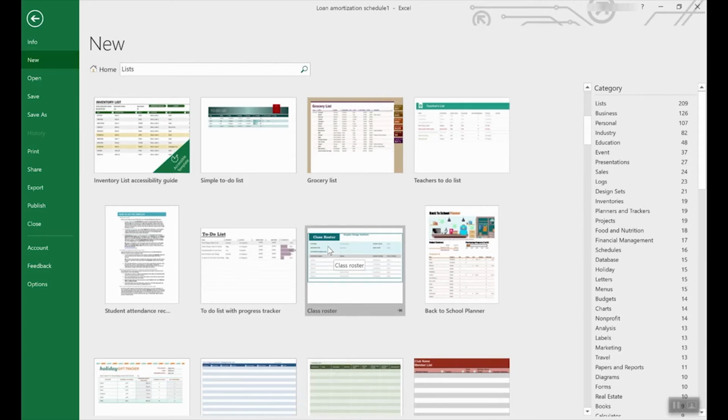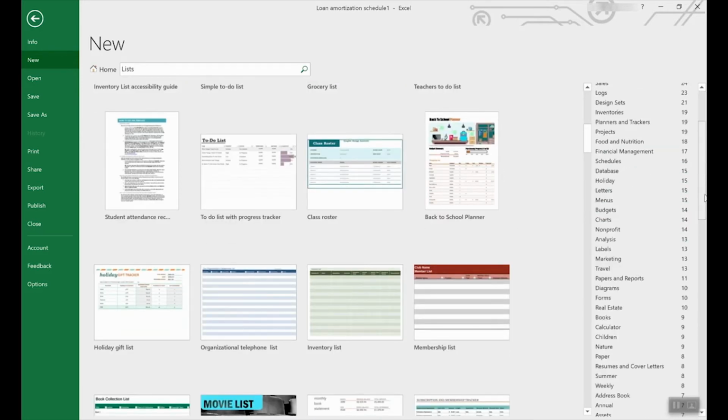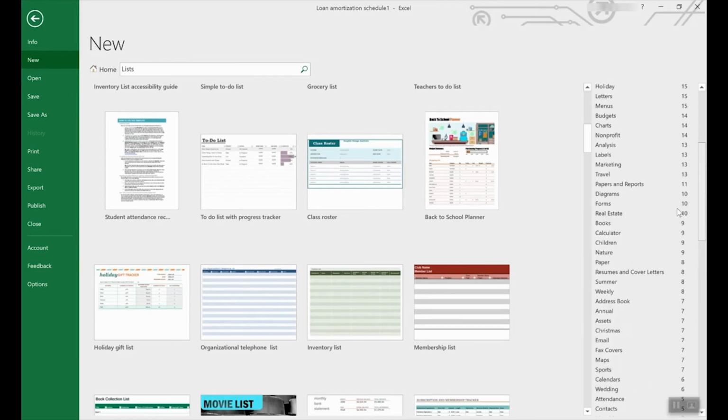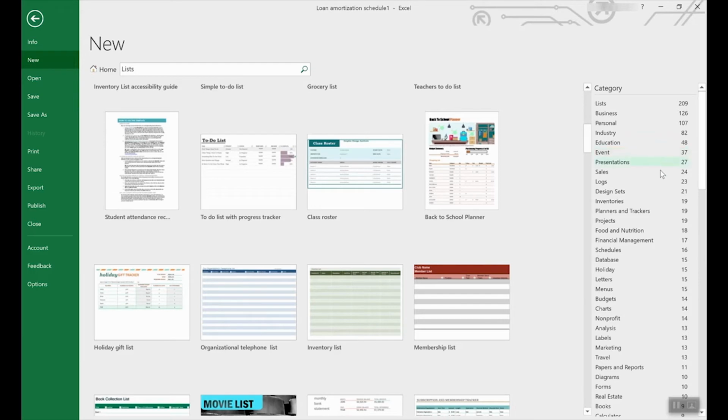You don't want to download random Excel files that you find on the internet. They could have macros that can do damage to your computer. So trust me, stay within Excel. So even more important is over here to the right, we have a huge category of all kinds of different templates. This can be a really good time-saving source and a source of inspiration, saving you time,